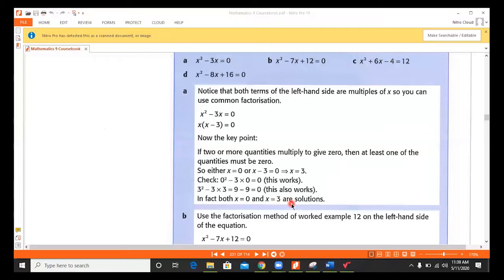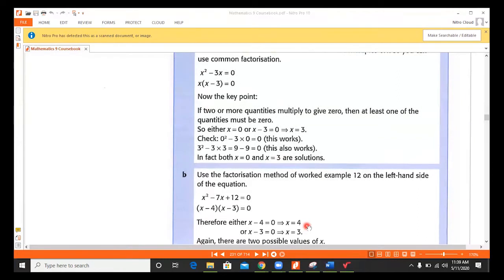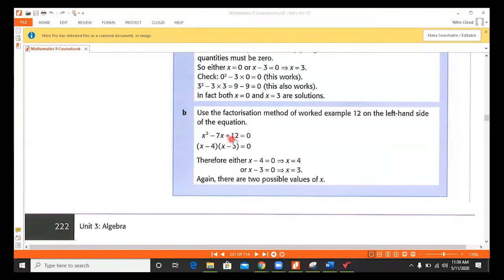For B, x squared minus 7x plus 12 equals 0. In this equation, we have the three terms of the expression. Firstly, we have to identify two numbers that give us as a product plus 12 and as a sum minus 7. These numbers are minus 4 and minus 3. By adding, we get minus 7. By multiplying, plus 12. After rewriting the expression in this form, x minus 4 times x minus 3 equals 0,